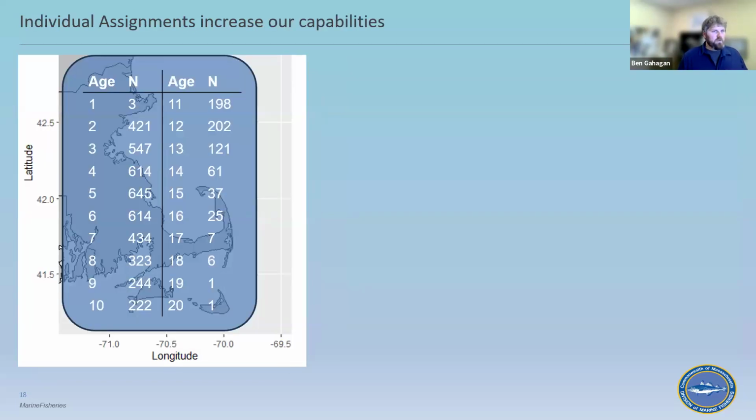So that was a few slides about what we can do with the mixture estimates. I'm going to move on to individual assignments. And this is really exciting stuff, I hope, to me. So I hope everybody else thinks it's kind of cool. It's really neat what we can do with individual assignments, because now we're talking about individual fish, and we can combine them with biological data or any other data type we have on those individuals.